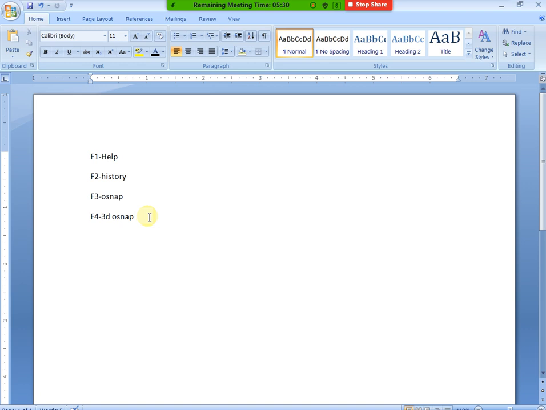F12. It automatically takes the less-than sign. Actually we have coordinate systems. We have different types of methods for drafting, like absolute coordinate system, relative, and polar coordinate system. In dynamic input, it automatically takes the polar coordinate system, the less-than sign. That's why we definitely need to turn that one off. That is better for us in drafting.